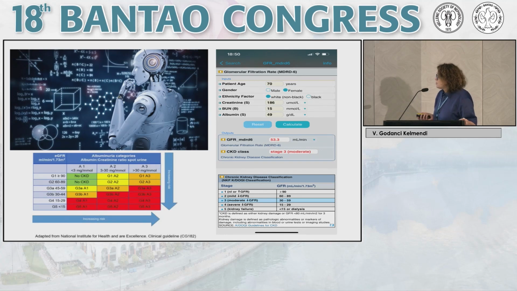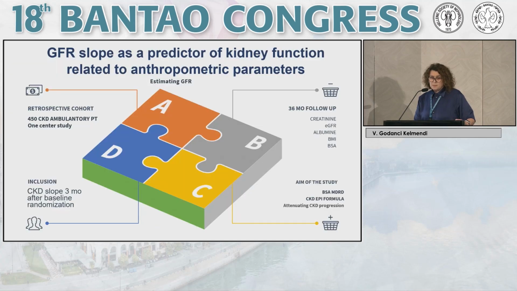Knowing these formulas and using this equipment, you can certify the GFR and the CKD, and also if you put in the albuminuria, then the guidelines were produced, the guidelines that teach us how to stratify the CKD and how to follow up our patients. Also, they show the progression of the kidney disease.